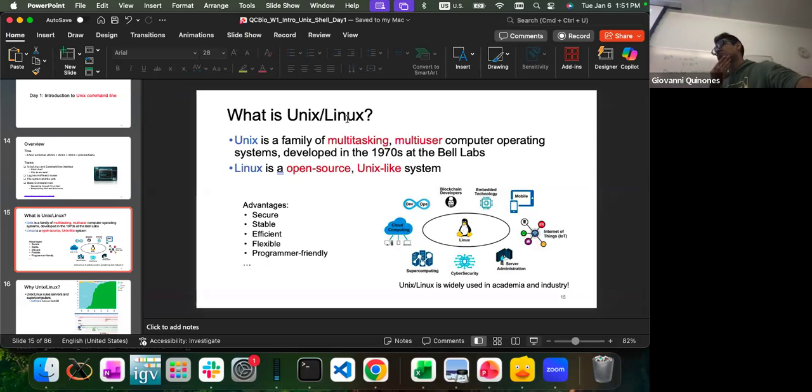Now, computers like Windows, for example, have their own operating system with their own language, their own environment. But those are not really designed to be this open source, to be this flexible. And a lot of times they don't have all the functions or all the syntax that you need to develop your own piece of code. So in that sense, whenever you log into AWS or GCP, the Google Cloud Platform, or any of these other servers, most of the time you're going to be using a Linux machine because that's what most developers use nowadays.